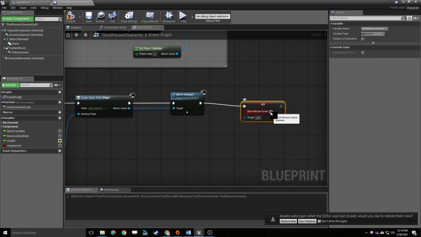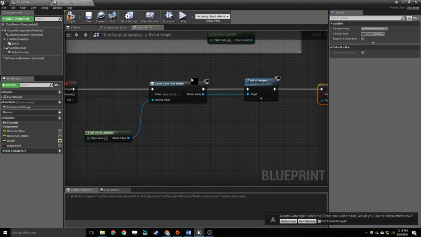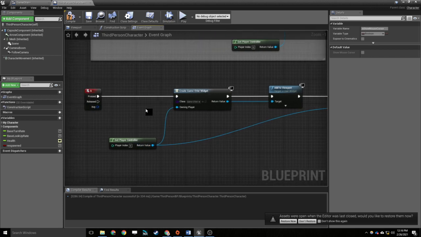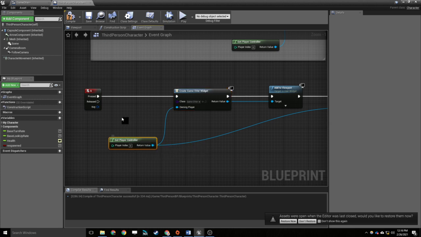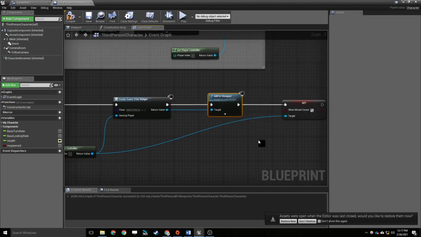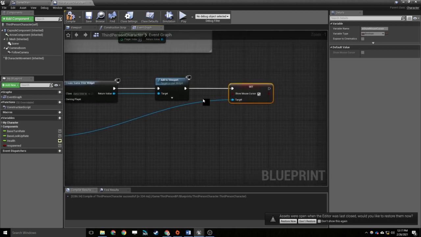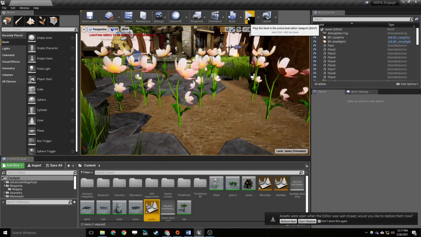And we're going to set that to true. It's going to look for a target there, and it's going to be the same target that we attached this widget to, so we're just going to left click and drag and drop that in here. So basically we go ragdoll, widget comes up, attaches to player, attaches to the viewport, and then mouse cursor becomes visible and is attached to that player controller so that it knows that it's our mouse movement that's going to control this. So now, when I press play,